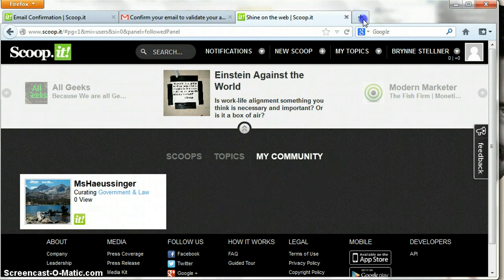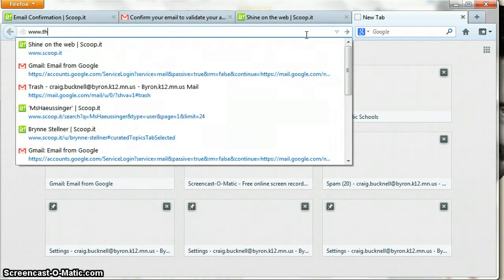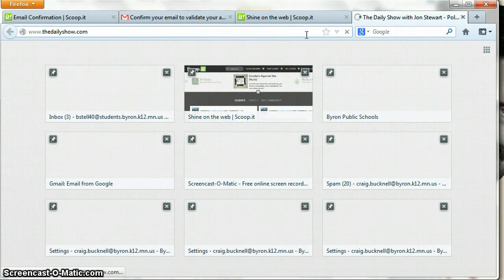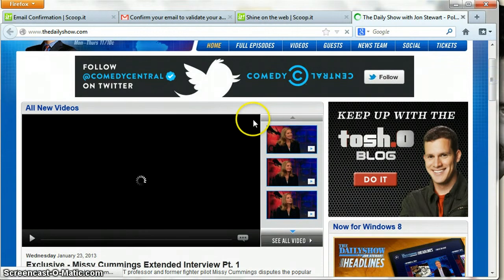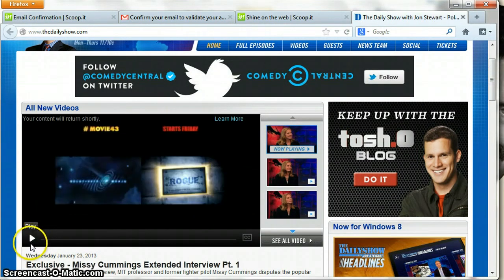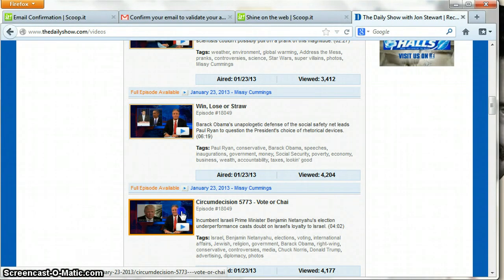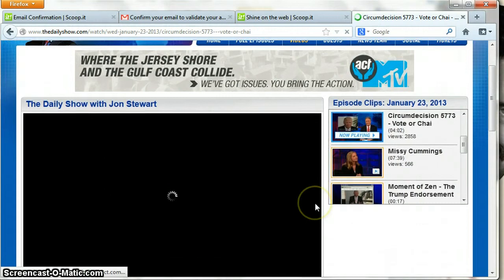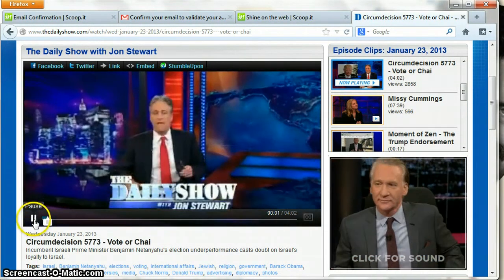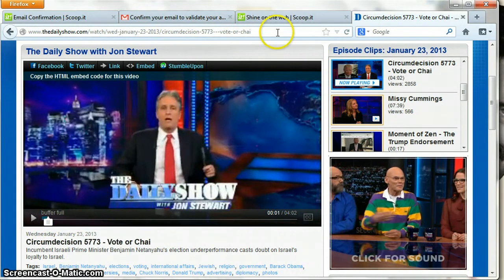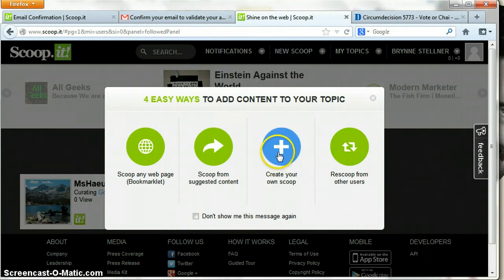Now to create a new scoop, all you need to do is go to a website, for example, if you are going to look at The Daily Show, which is an option, or the Colbert Report, or any other news media, and you want to upload a video, you simply click on the video, and if you've installed the bookmarklet, there will be a little tab for you. Otherwise, all you need to do is simply copy the URL, and you go to New Scoop, create your own new scoop,